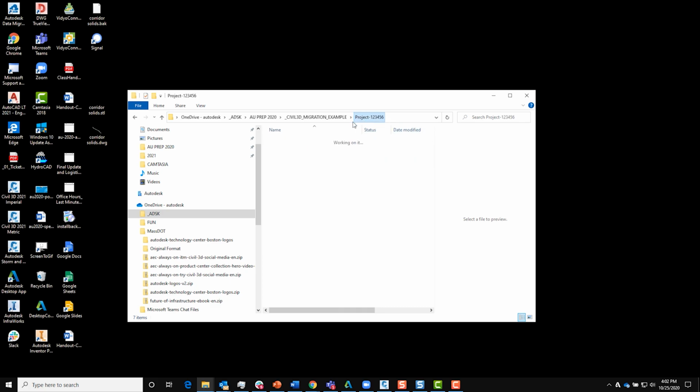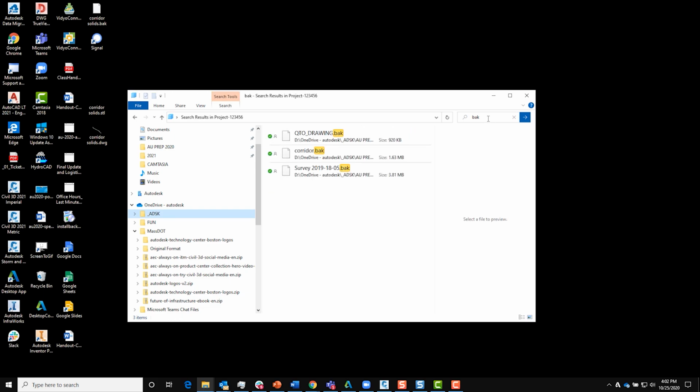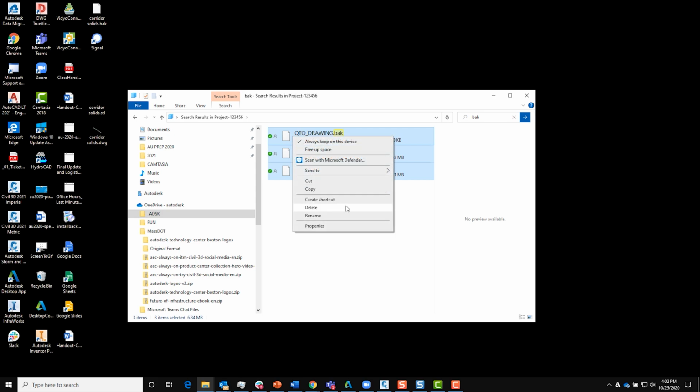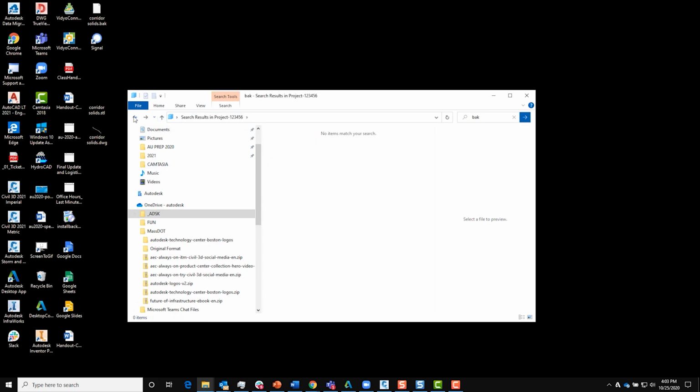Or at the project level, let's go ahead and search all the folders at once. So I'm at project 1, 2, 3, 4, 5, 6, and let's search for BAKs. So let's swoop all those up and send those to the recycle bin. We do not need to worry about sending those to BIM 360. So now I'm going to go ahead and go back up a level. Oh, let's go back rather.